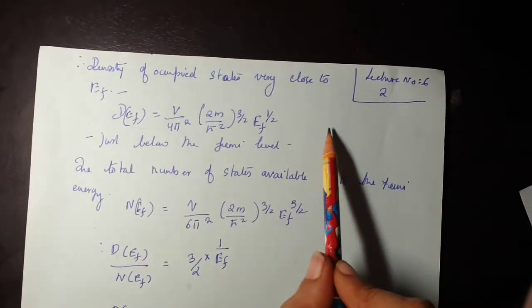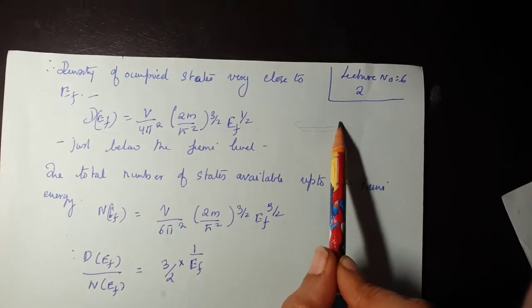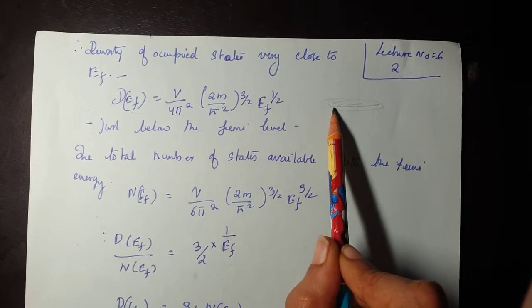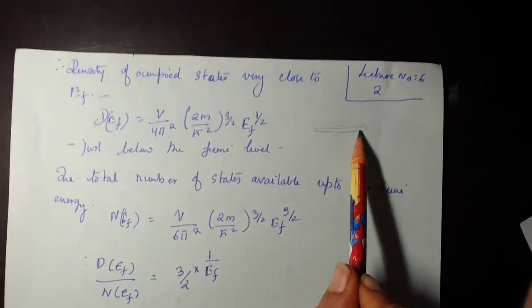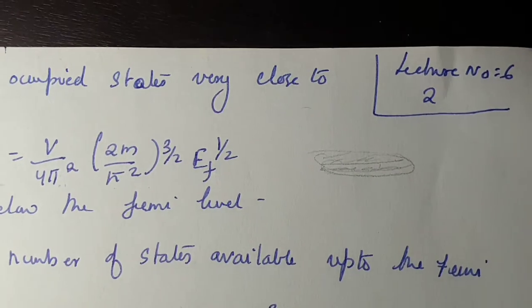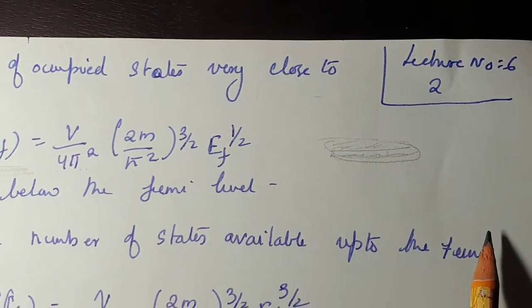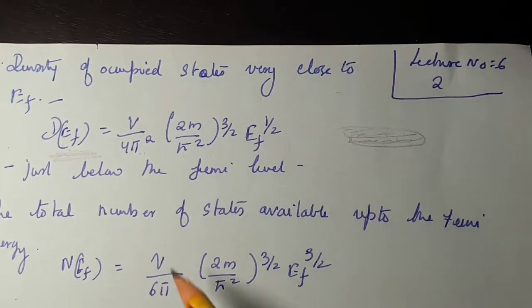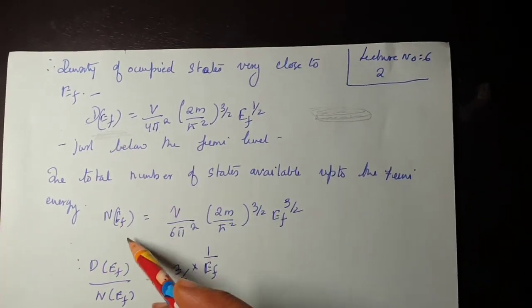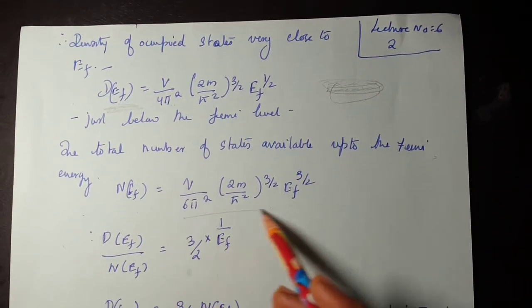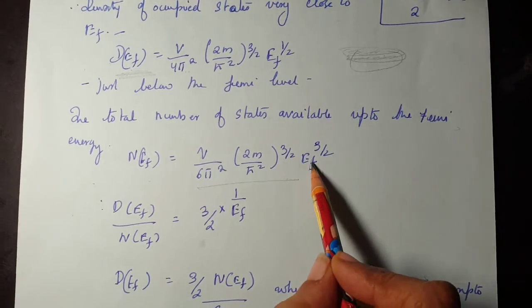So this is just around the Fermi level, so just below. Above this is empty, the band gap, but just below the Fermi level, what is the density of states is given by this formula. So the total number of states available up to this energy, already we saw that this is our density of states. So the total number of states just around this place is given by this formula. I am just using subscript F.